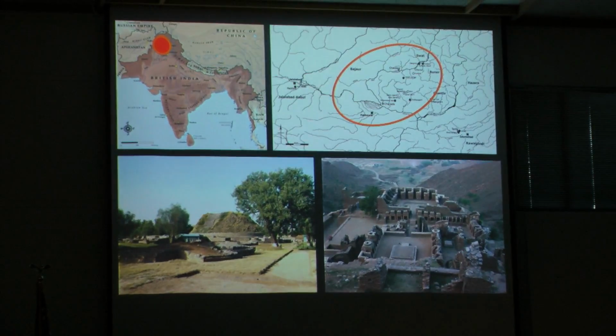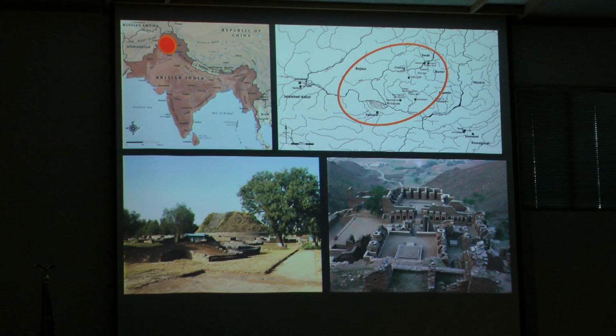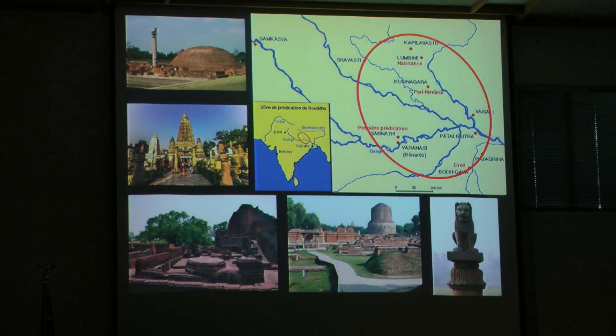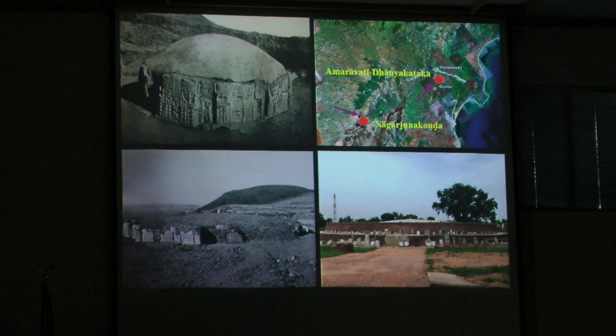All the Gandharan Buddhist sites were built around the upper Indus River and its tributaries, the Kabul and the Swat rivers. The vast Buddhist complexes of North India like Mathura, Vaishali, Sarnath, Nalanda, and Bodh Gaya are situated either in the vicinity of the Ganges or its tributaries like the Yamuna and Neranjana rivers. Buddhist sites of the Satavahana and Ikshvaku periods like Amaravati, Nagarjunakonda, Ghantasala, and Jaggayyapeta in Andhra Pradesh are located along the